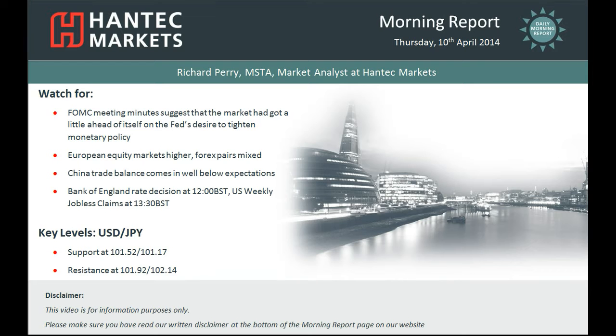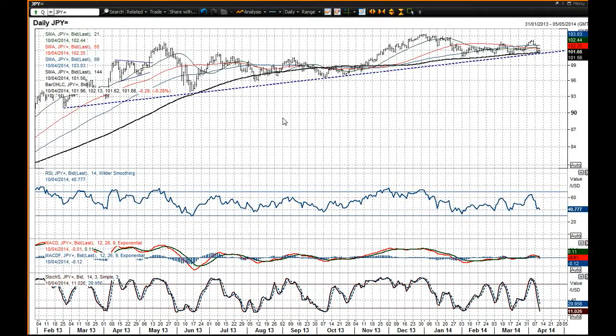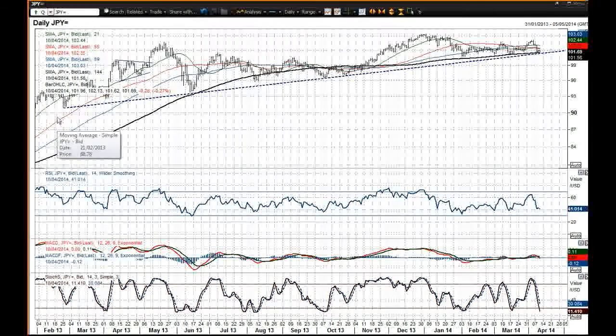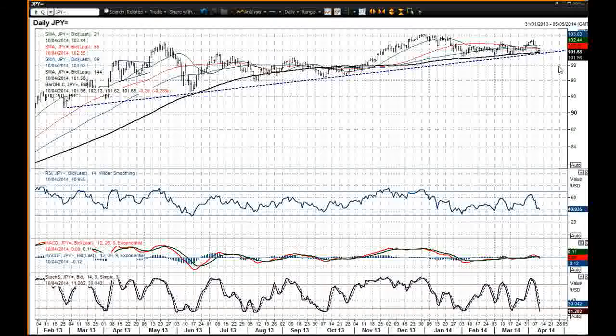I'm going to move on to dollar yen now. Certainly dollar yen has been one of the charts where the dollar has come under significant pressure in recent days. However, what I've done here so far is I've pulled right back, for this is over the past year on dollar yen, and this is the big uptrend that we've been playing in, and it's pretty much bang on it